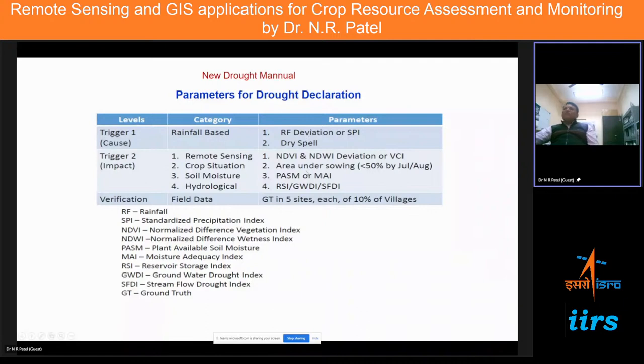Once confirmed, we go to the second criteria, which is done with remote sensing. First, crop situation, like area under sowing. Second, soil moisture, based on soil moisture maps, either from water balance or from satellite. Third, percent available soil moisture, the moisture adequacy index. Fourth is groundwater: groundwater pumping, irrigation resources, the groundwater development drought index, or the remote sensing rainfall severity index. All hydrological-related variables are used to find out